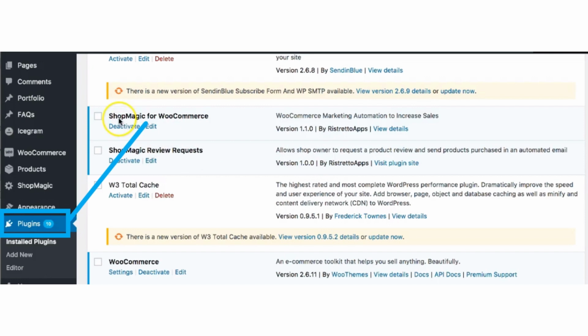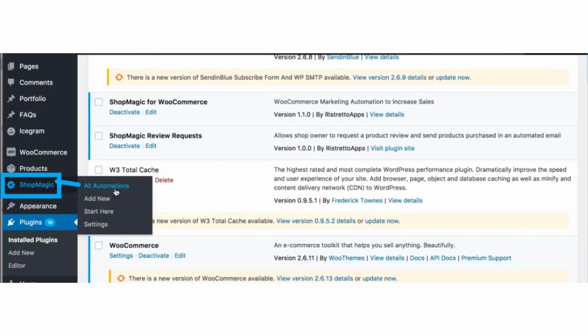And now from the bottom section, menu bar, click on the plugins button. And now click on activate the Shop Magic. So first you have to download it before, so you can activate it here. You have to download the plugin Shop Magic, so you can activate it here. Now after activating, go to Shop Magic